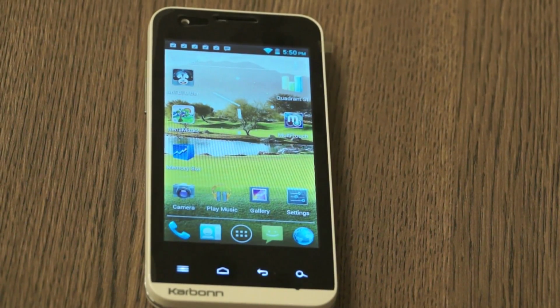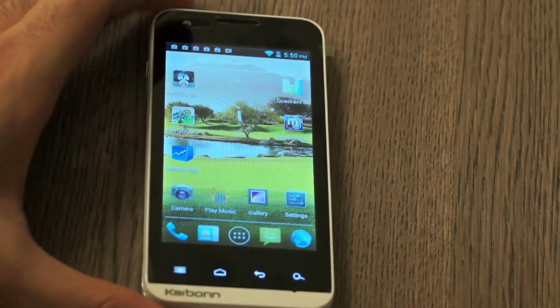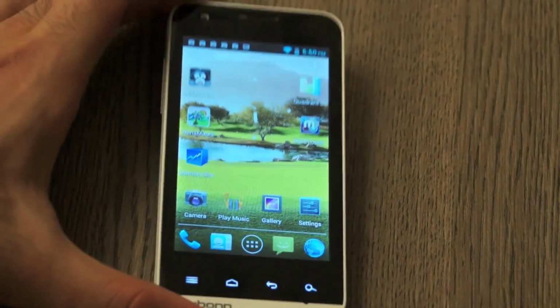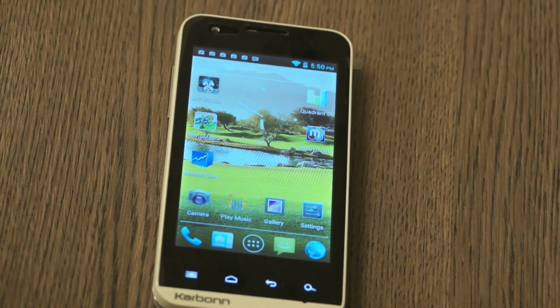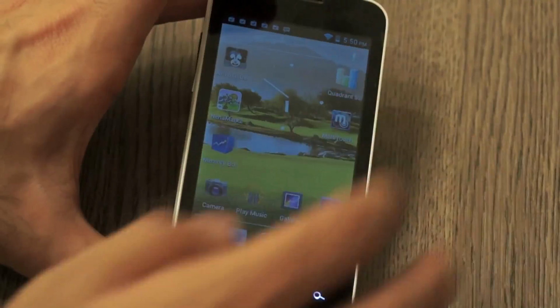In time for a quick end of all rumor benchmark scorecard, and also I'm going to be showing you the hardware spec list of the new Karbonn A11. Lots of confusion about Karbonn devices, no real specs are available anywhere, so it's time to break it down into the spec sheet. So the first thing I'm going to do now, guys, is jump into Quadrant standard over here,